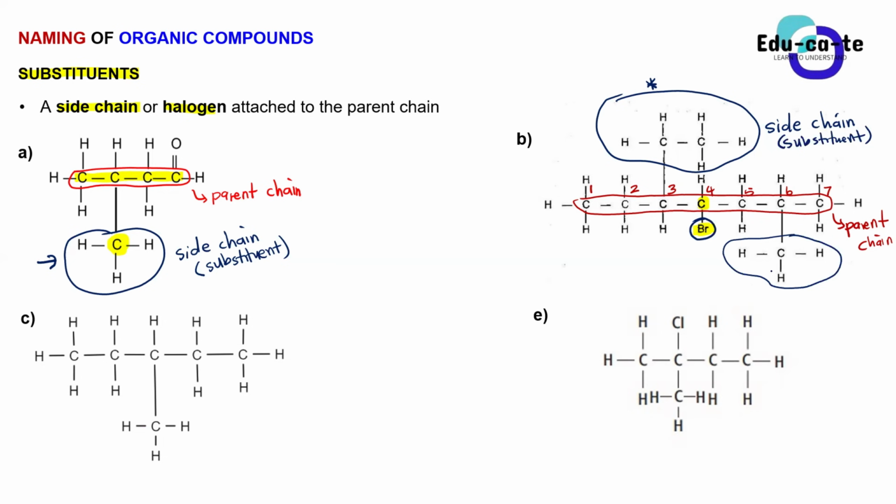All right, let's just continue. I just want you guys to get used to identifying all the substituents, so that you will be fine when you are naming them. Let's go to C. When we look at C, we can see our parent chain here. Let me just highlight it for you to make things easier. So this is the parent chain that I'm able to see. It consists of 1, 2, 3, 4, 5 carbons, so this has got a pent in its name. What other substituents do you see there? Do you see any substituents, or is this just an unbranched chain? Yes, Orifa?